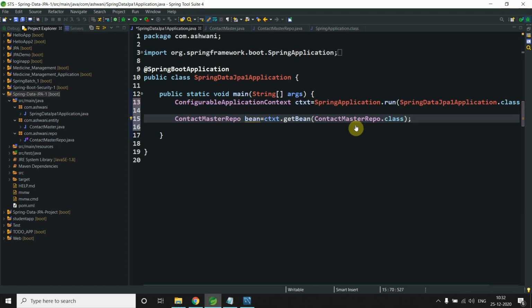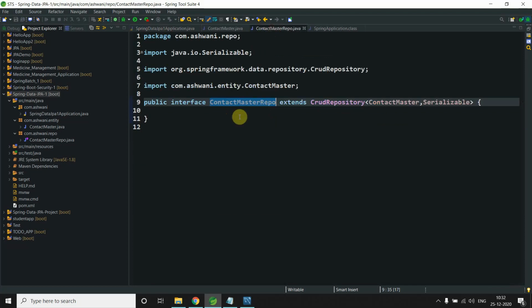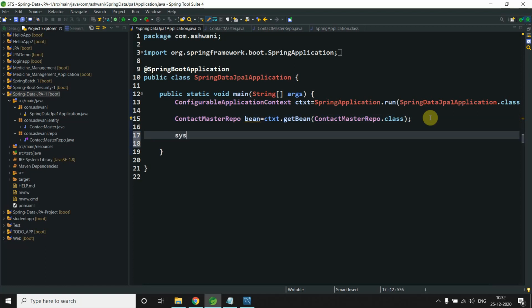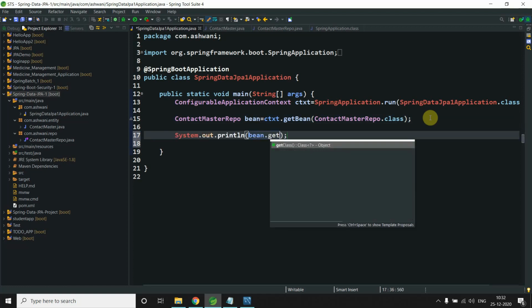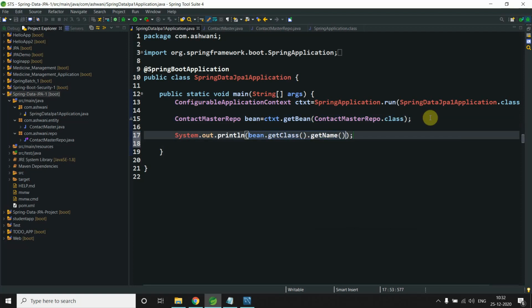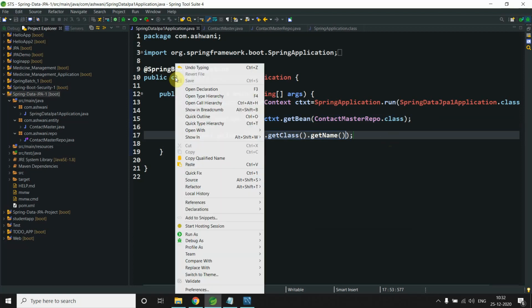This is our interface, and we can't create an object of an interface, but I'm taking an object using getBean, like give me the object of this class. What it does is give the runtime implementation, it will create the runtime implementation. Let me show you how it will create. So bean.getClass().getName(), simple. Now I will run this program and see.